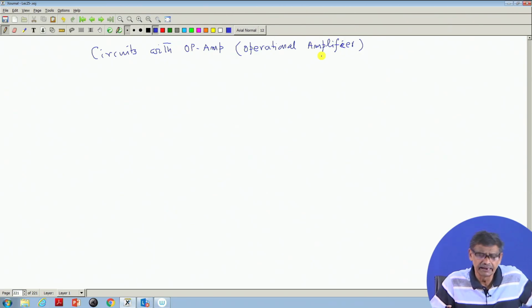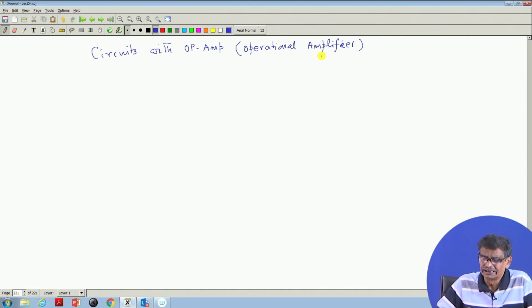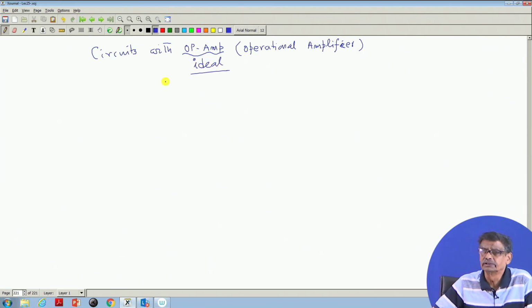Simple circuits, and you will be able to solve no matter how the op-amps are connected with various resistances. But our discussion will be limited to the study of ideal op-amps only. I will also indicate how to handle situations when the op-amp is not ideal, but in most cases, if you know the ideal behavior of op-amp circuits, you will be able to face even an operational amplifier that is not an ideal one.